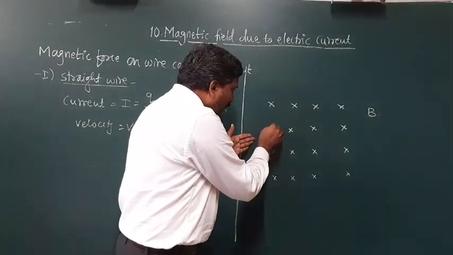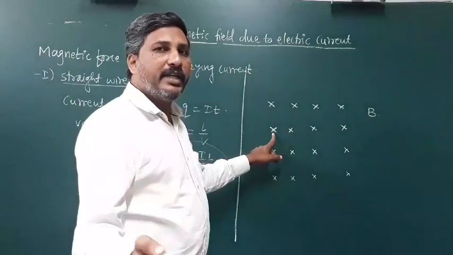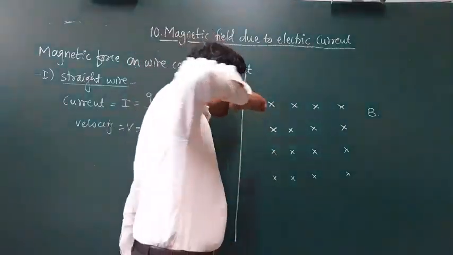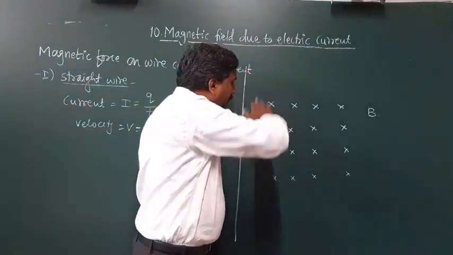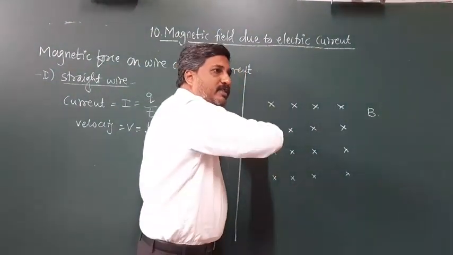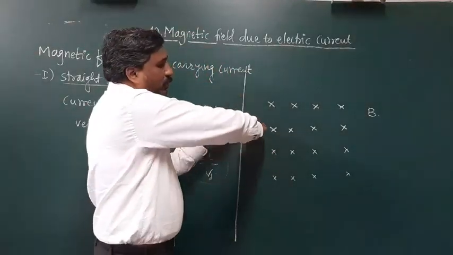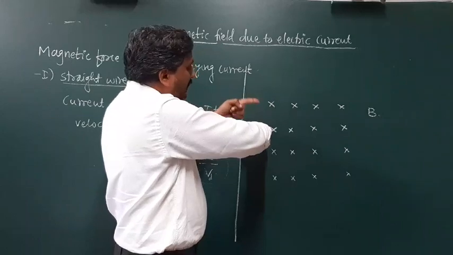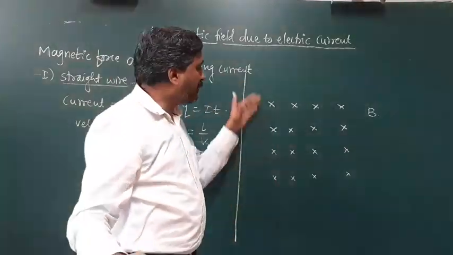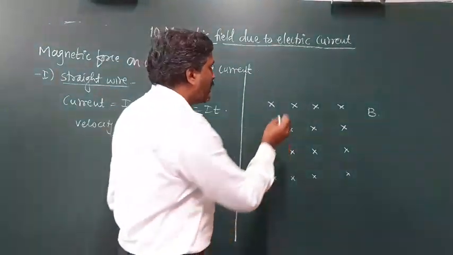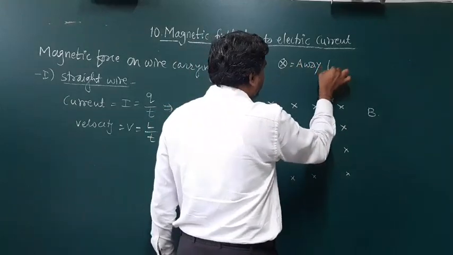If there is a cross sign, then its meaning is very simple. If you are an observer, then the magnetic field is away from the observer, meaning the magnetic field is entering the board, entering the plane of the board. The magnetic field is exactly perpendicular to the plane of the board, making an angle of 90 degrees with it, and if you are the observers, then the magnetic field is exactly perpendicular.